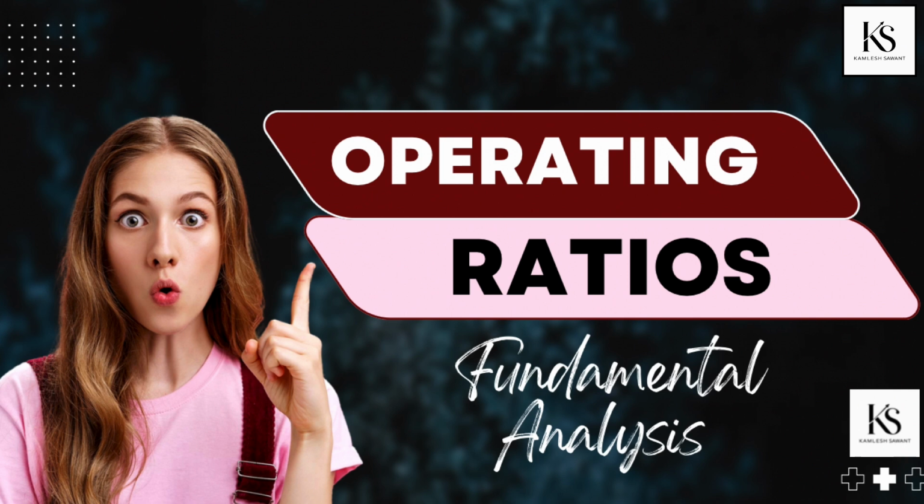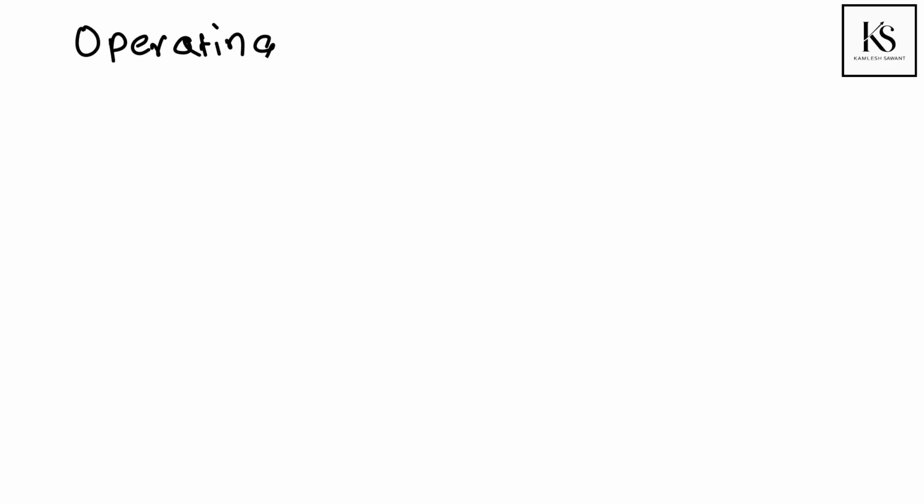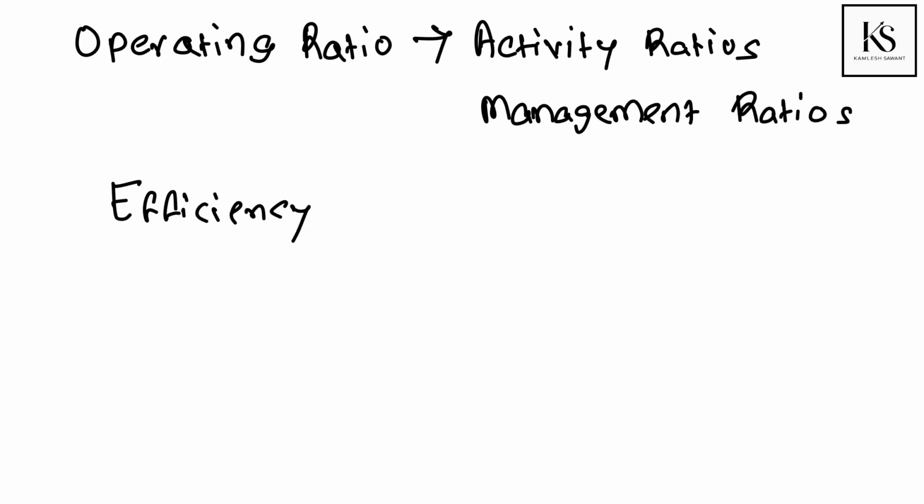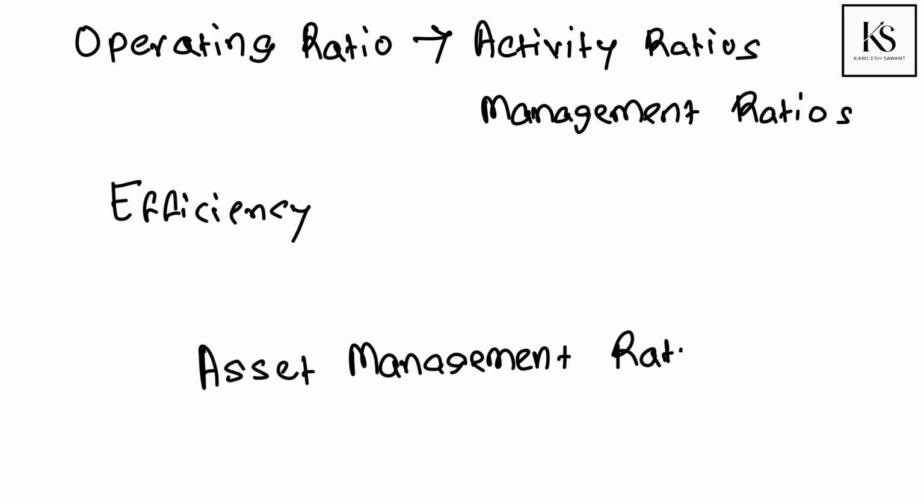Hello everyone. Today we will learn about operating ratios. Operating ratios, also called activity ratios or the management ratios, indicate the efficiency of the company's operational activity. To some degree, the operating ratios reveal the management's efficiency as well. These ratios are called the asset management ratios, as these ratios indicate the efficiency with which the assets of the